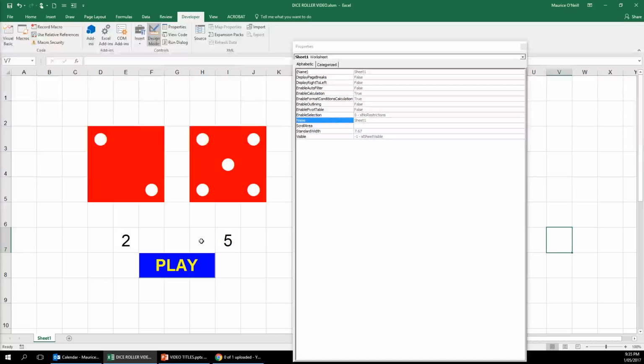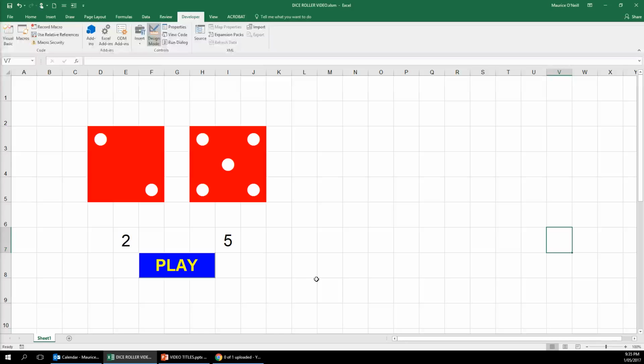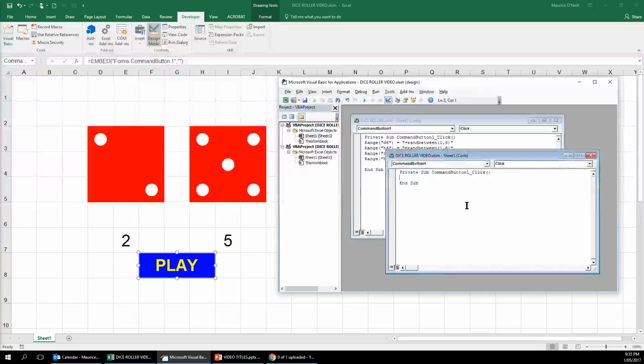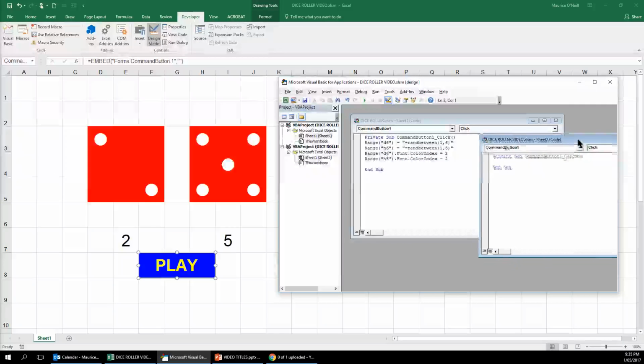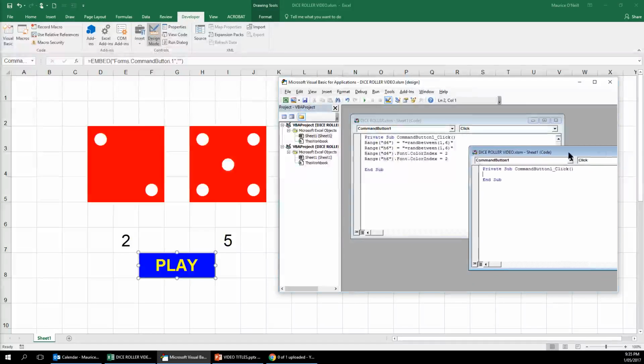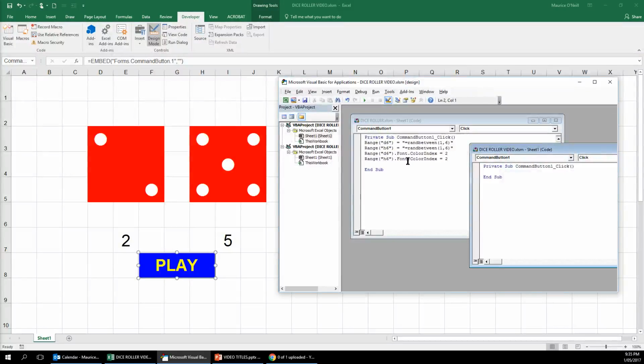I've got my button in there all ready to go, but it's not doing anything yet. So now what we want to do is double click this button. We want to associate what we call a macro with it. Now you can actually see here, this is the macro, because I've got my earlier version in play. This is the macro that we need to put in. So we just want to copy this macro into here,